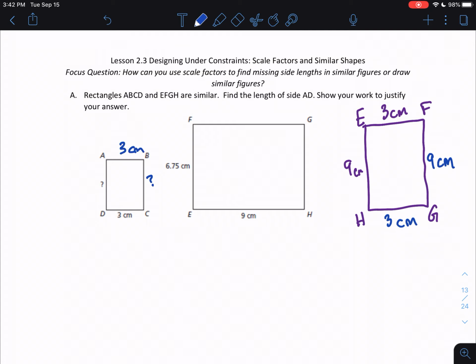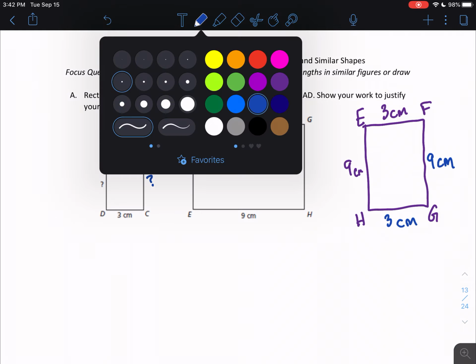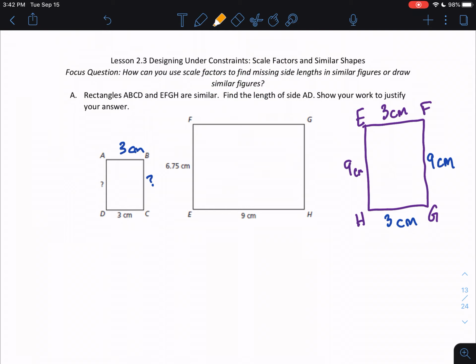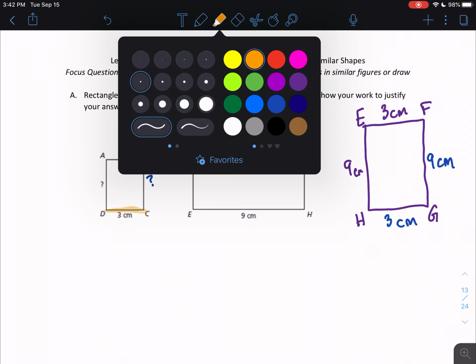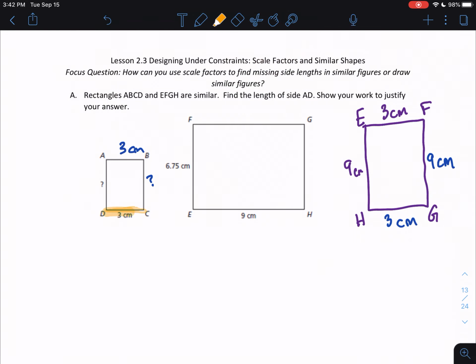The whole point of this lesson is to use scale factors to identify that missing side length. So what we can do right off the bat is identify those corresponding side lengths. DC would correspond with